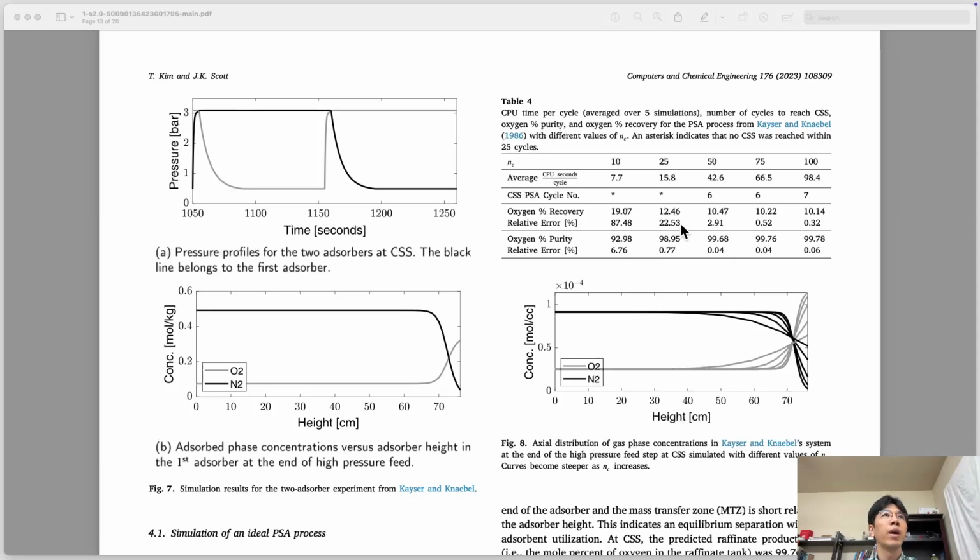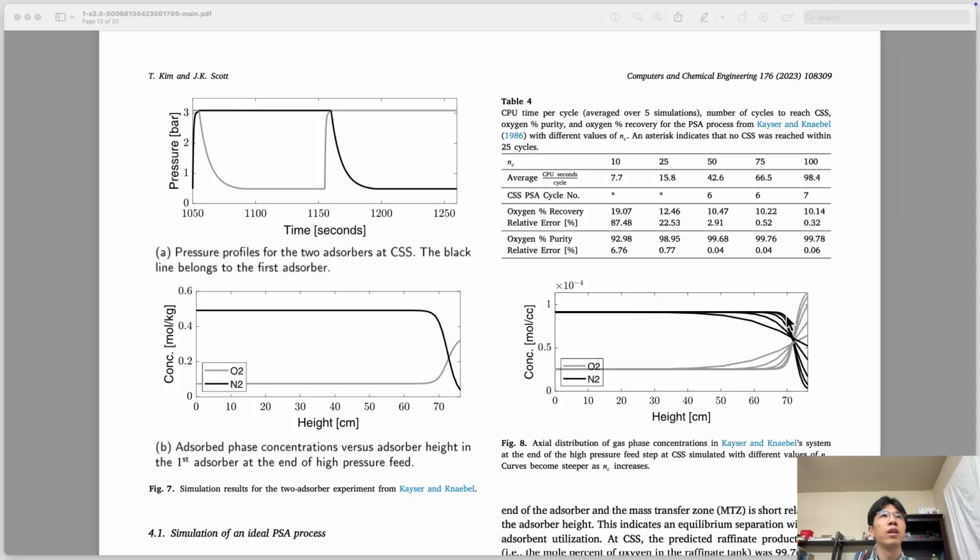But because the paper expected above 99.5% purity, at least we need 50 CSTRs to match the purity of the paper. And then also the recovery is about 10.47%, which the paper reported as slightly larger than 10%. So we think that 50 CSTRs was good, and you can kind of see